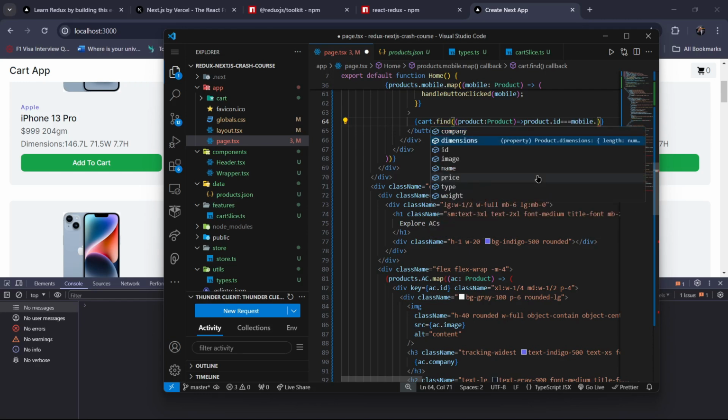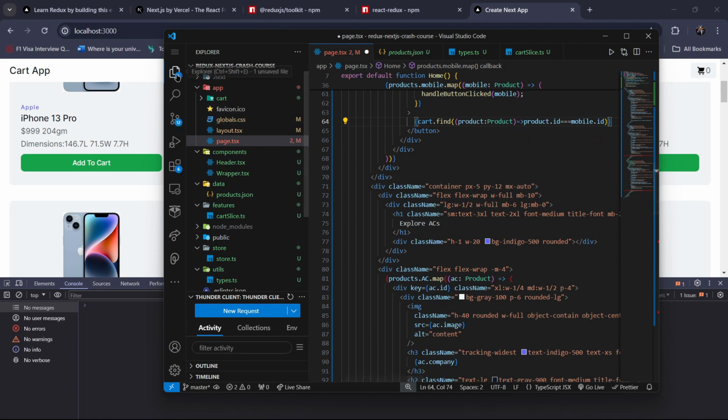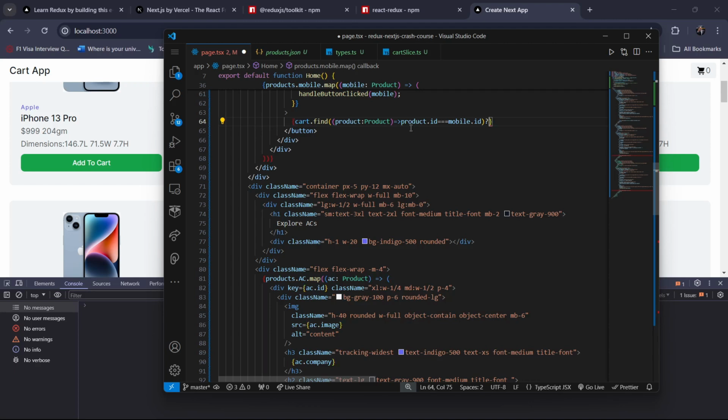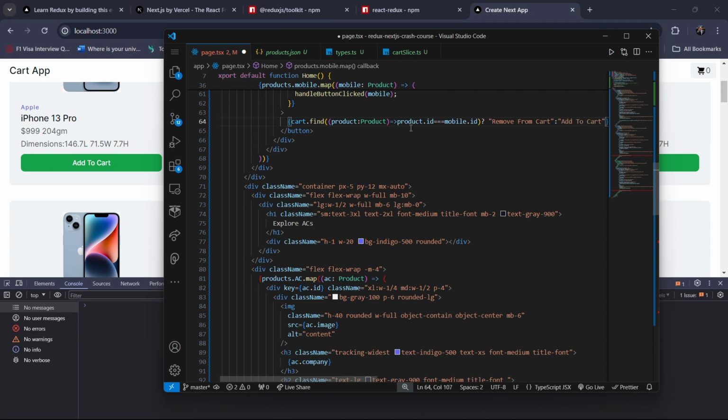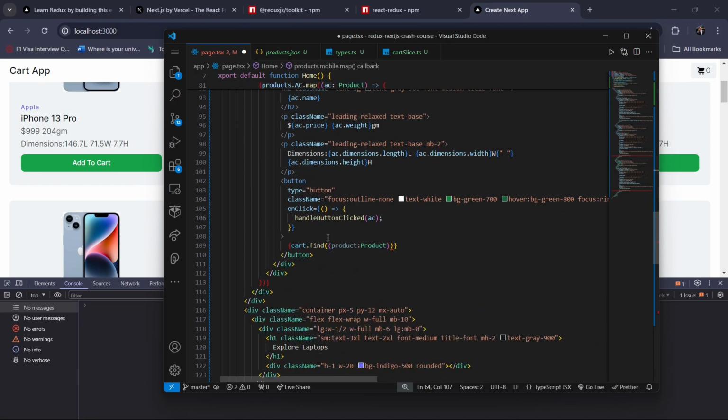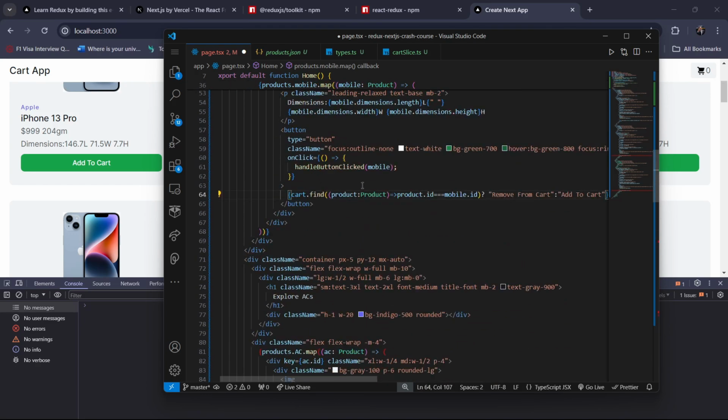Yeah, this is mobile.id. If this is true, we are just using a ternary operator here. If this is true, just write remove from cart. And if this is false, we are going to write add to cart. Okay, let me write all these